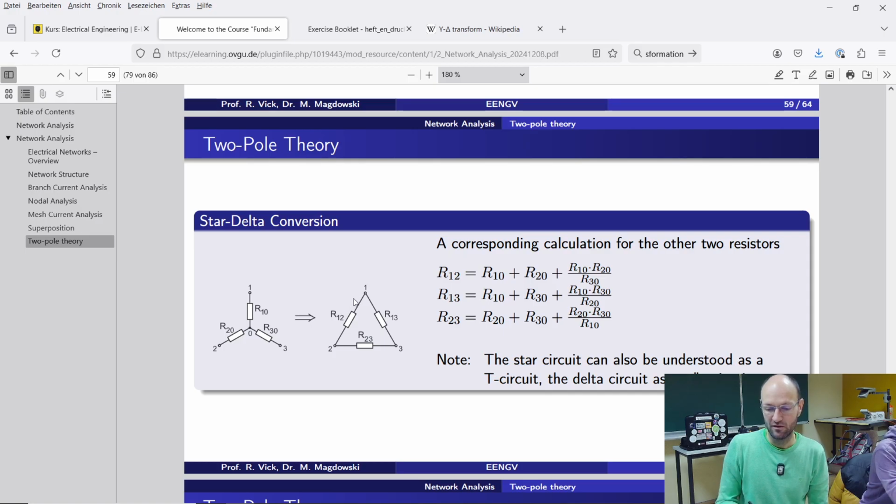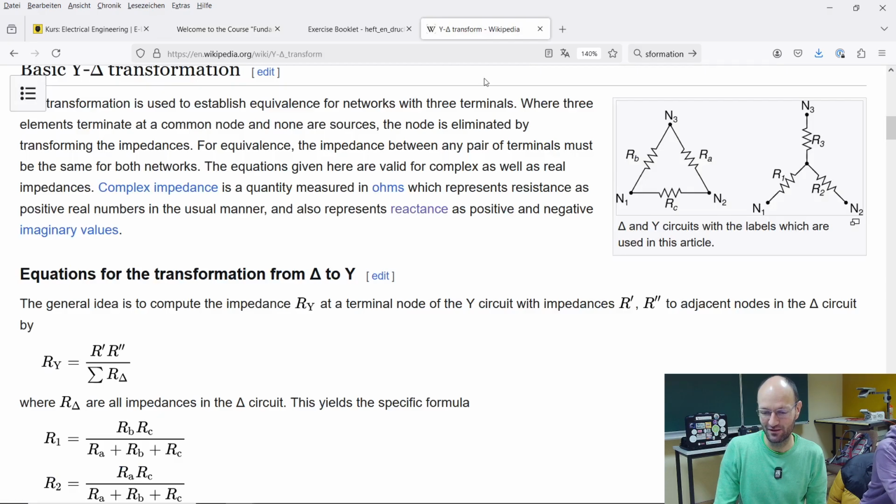So the resistance between two nodes in the delta connection is the sum of the two resistors that are connected to this plus the product of the two resistors divided by the other resistor. Can I memorize this? No. Do I have to check it up all the time? Yes. And if we check the Wikipedia page,